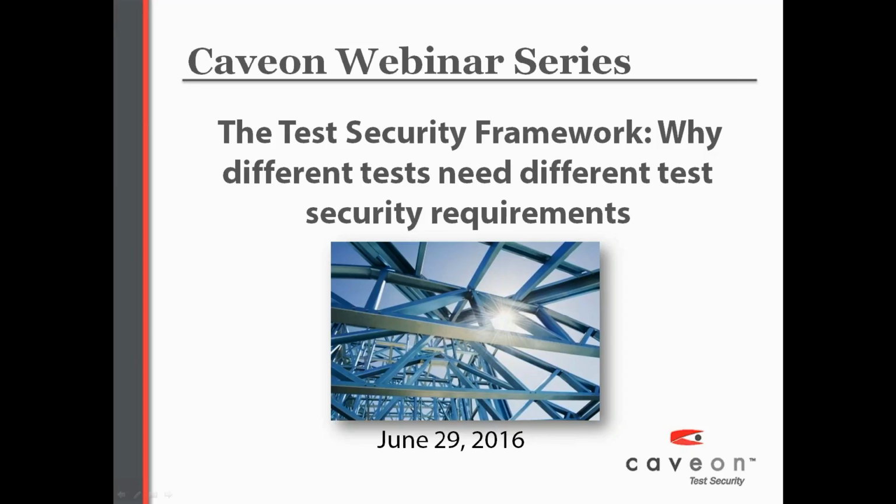Today's topic is the Test Security Framework. We know that the global need for workforce skills credentials is continuing to grow. However, for some medium and high-stakes summative credentials, the integrity of the assessment tool is not a complete equation for valid and reliable results. And so what this session is really intended to do is to review the efforts by